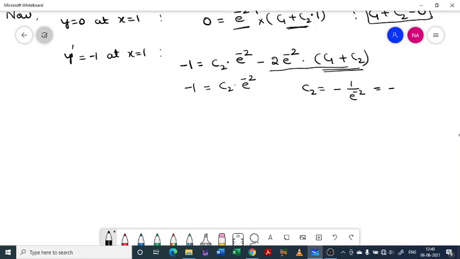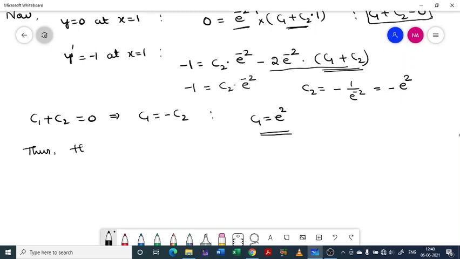So that implies it will be minus e power 2. But c1 plus c2 equal to 0 implies c1 equal to minus c2. Here we got c2 equal to minus e power 2. So c1 will be obviously plus e power 2. Thus the required solution is y equal to